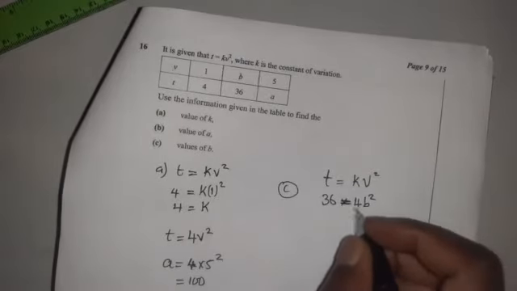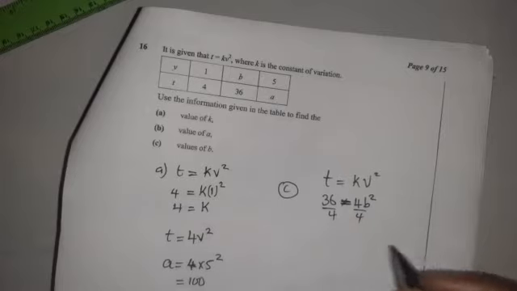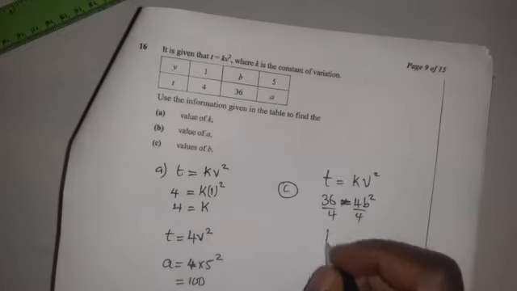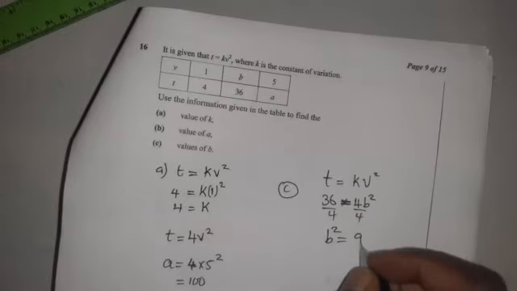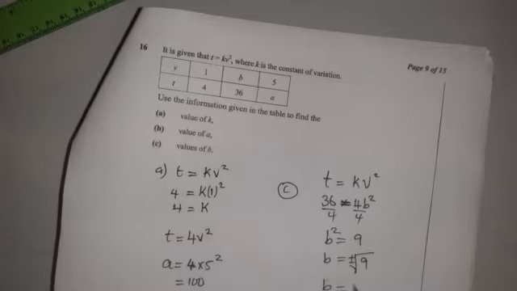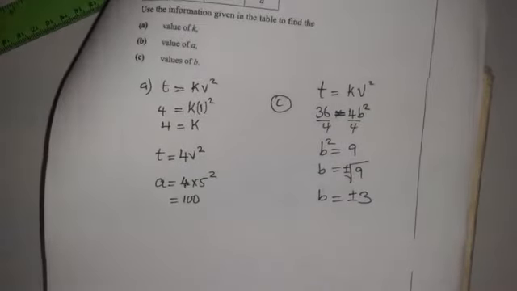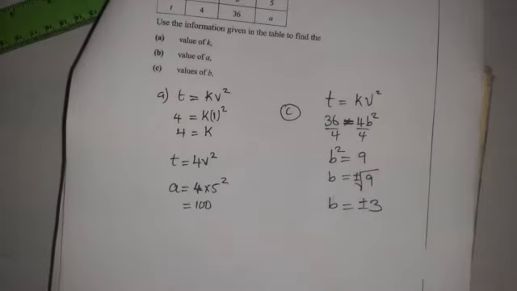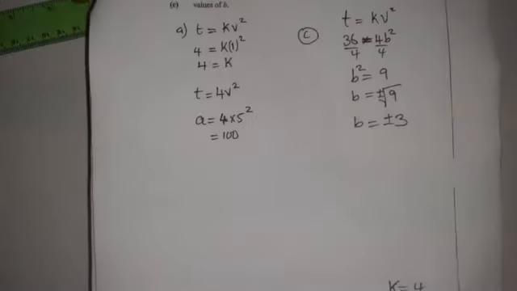So this means we need to divide both sides by 4. Okay, so this is going to give us B squared is equal to 9. And then for the actual B, we need to take the root, plus and minus, of 9, which is going to give us plus or minus 3. Those are the values of B. So as you can see on the answer part, we have 2 slots. So we have 3 or negative 3. Okay. So we go to the next one,